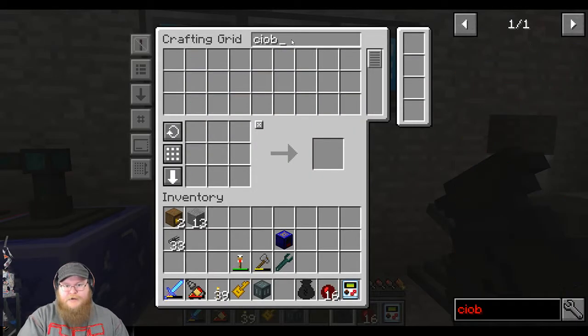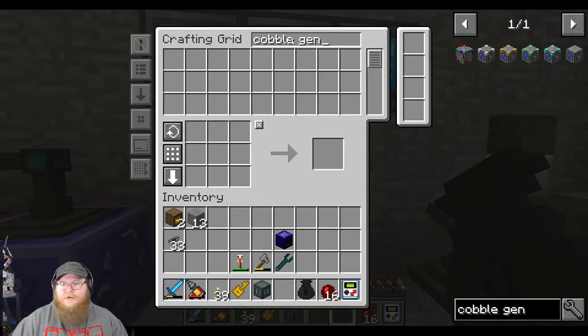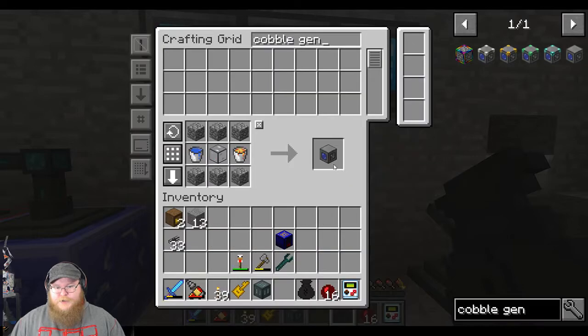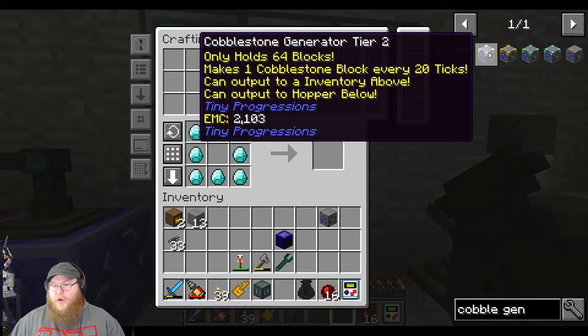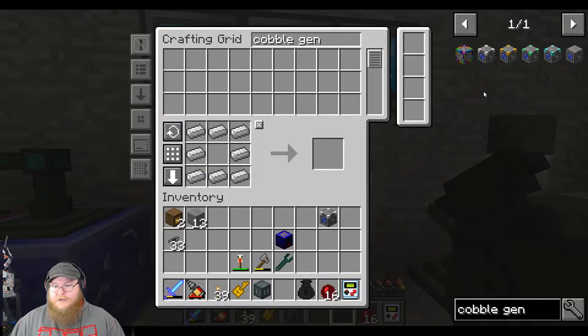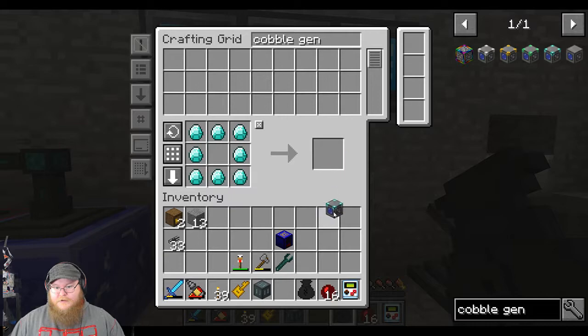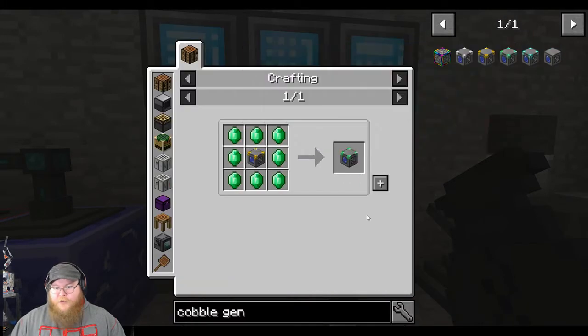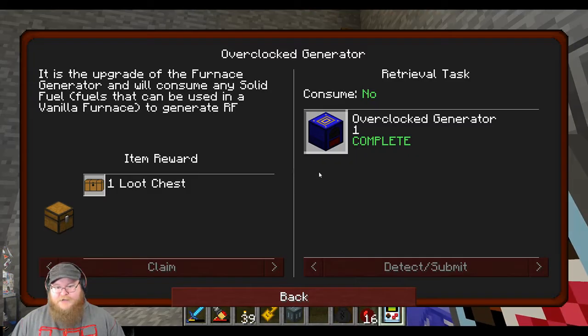So, cobble gen. Let's make this one. Can we upgrade it to diamond? No. Iron first, and then diamond. Can we go blaze rod? We can! Can we go all the way? Actually, I want to make sure that this gets counted towards...